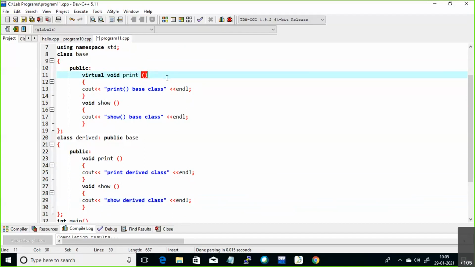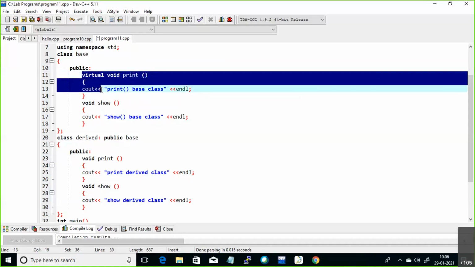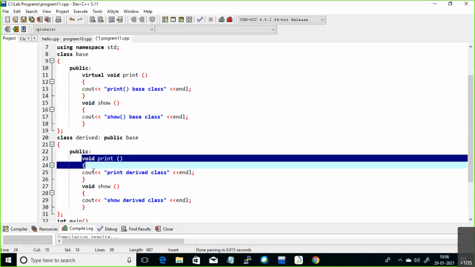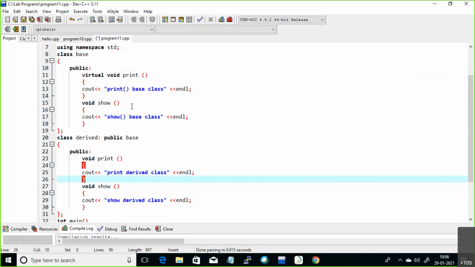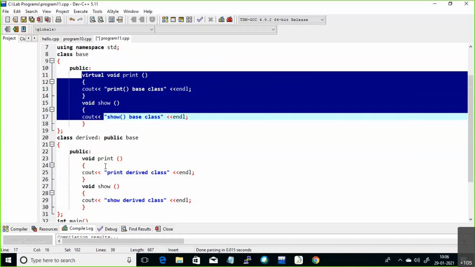This can be possible in inheritance only. Inside a single scope you cannot write with the same signature. In the inheritance concept, base class members you can override inside the derived class. This is the way you can override. Now you have overridden these two methods inside the derived class.